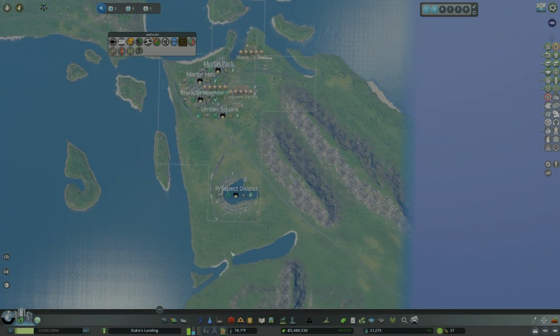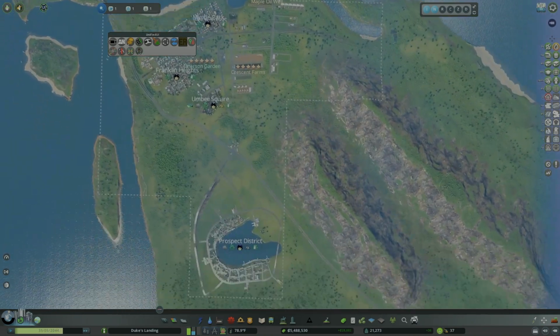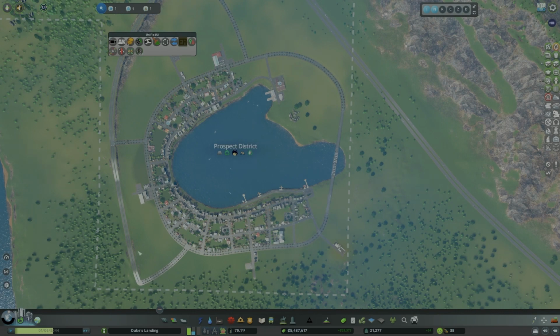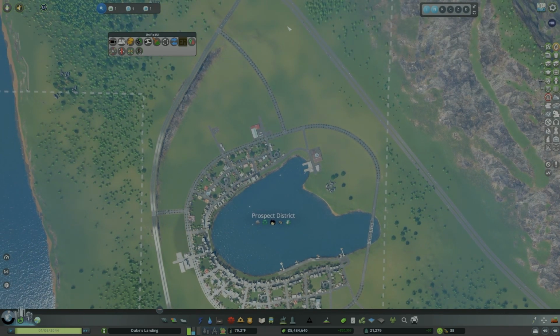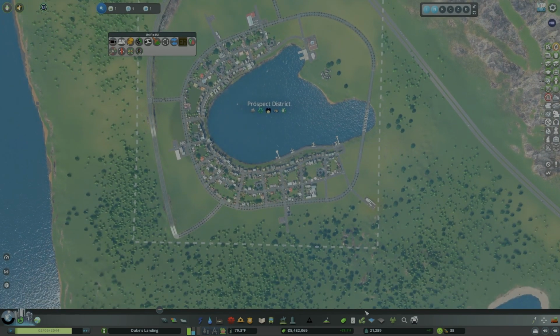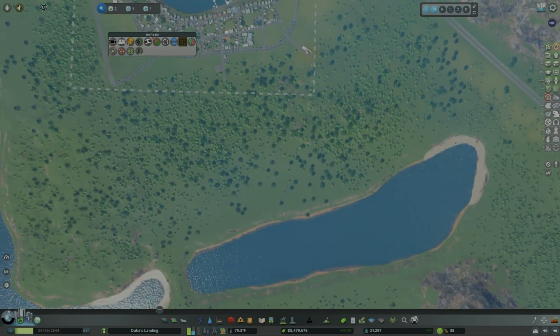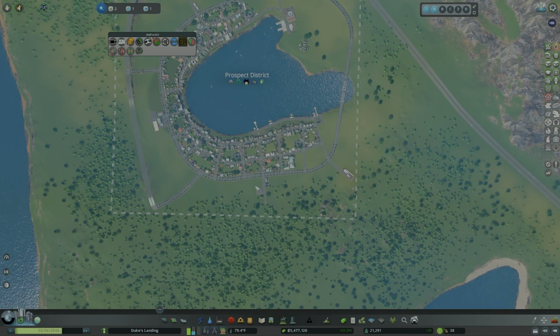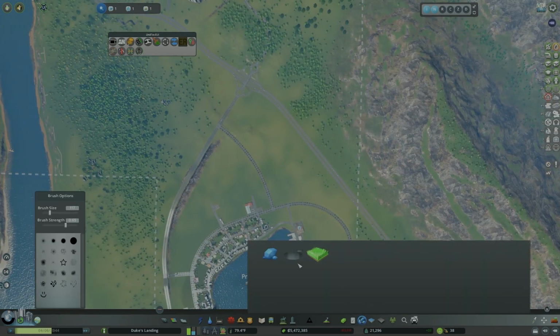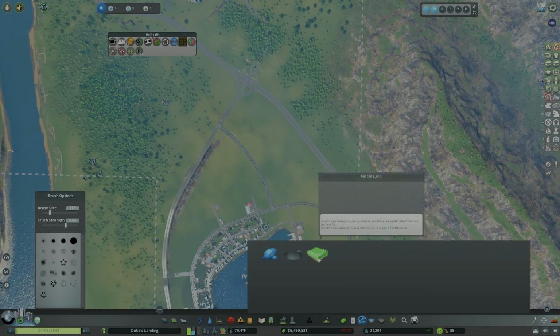Alright. I think that's going to do it for me for today. We got our new prospect district started. This is going to expand out from here in the future. Basically kind of fill this whole area eventually, but we got it started. People are moving in, we're making money, and we did not get to the forestry industry, which I think